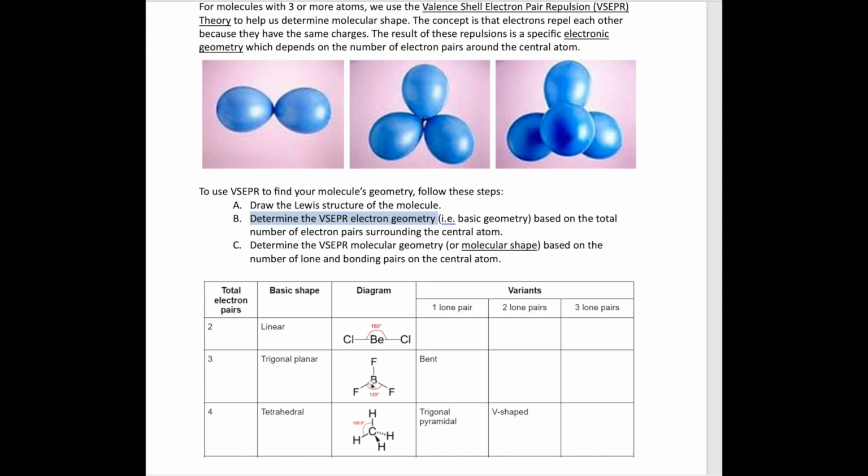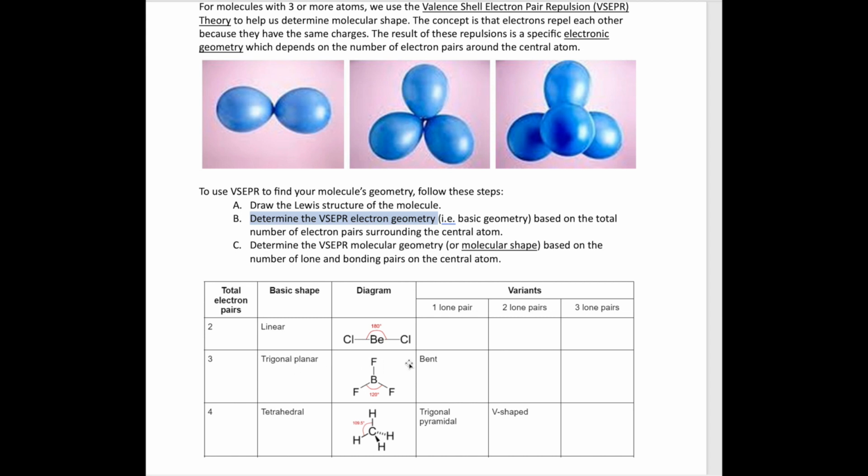So for example, like this molecule right here, boron trifluoride, it has the boron atom in the middle, and then it has 3 electron pairs, right? How do I know? Because there are 3 bonds. That means 3 electron pairs. That tells you the basic shape is trigonal planar. Now, I'm going to go one step further to try to figure out how many of those pairs of electrons are actually bonding and how many are lone pairs. In the case of boron trifluoride, all 3 of them are bonding. Then the name of the molecular geometry is just whatever the name of the basic shape is.